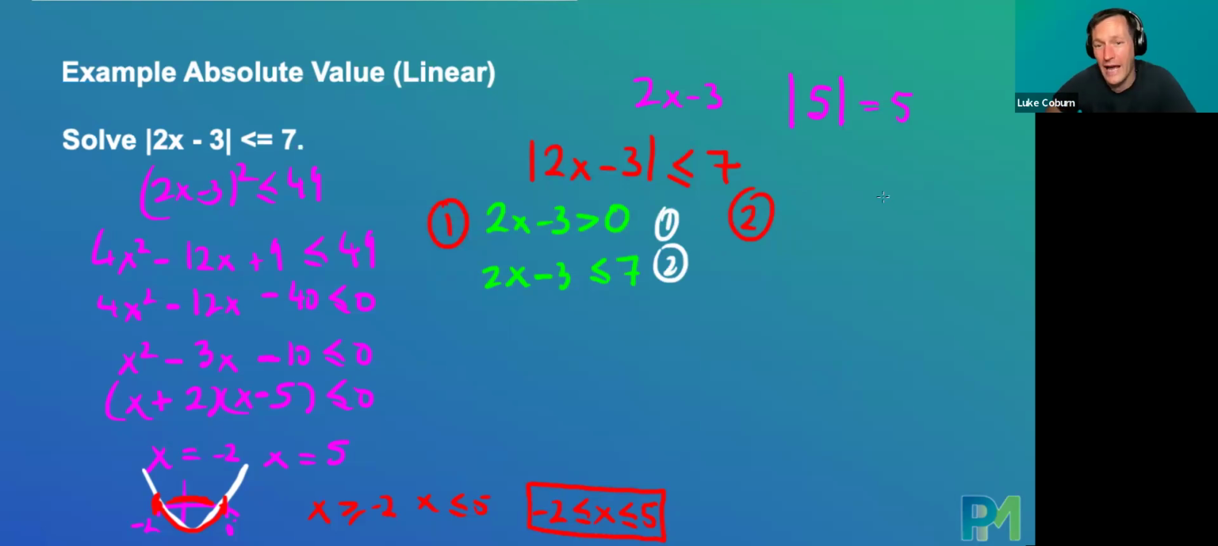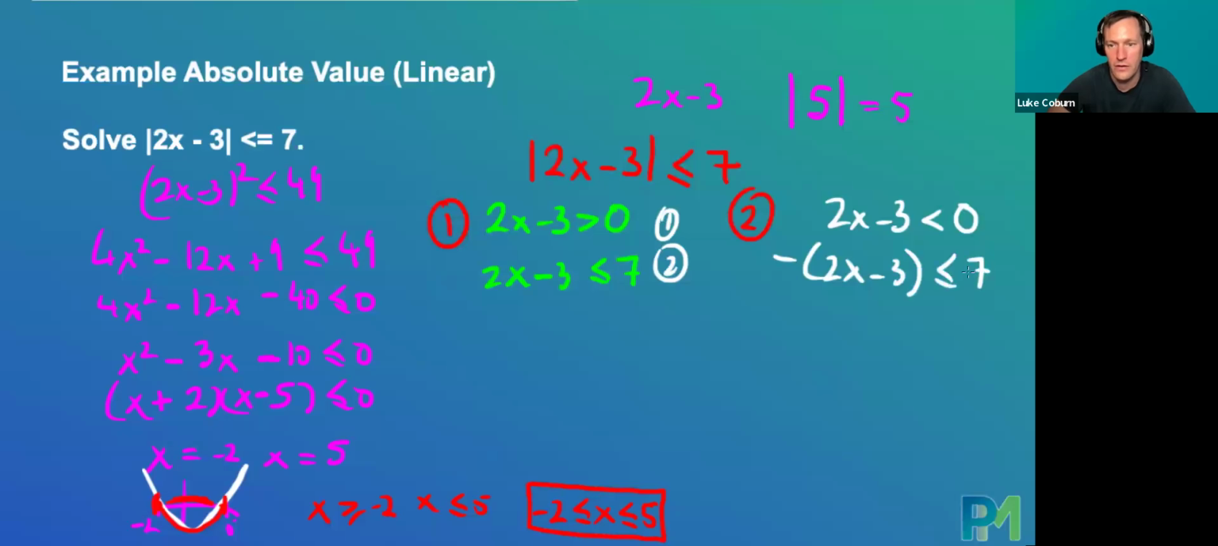And then the second thing that we have is the situation where 2x minus 3 is less than 0. So the situation where this is negative. Okay, so that would mean that minus (2x minus 3) is less than or equal to 7. So what that means, see, this thing here